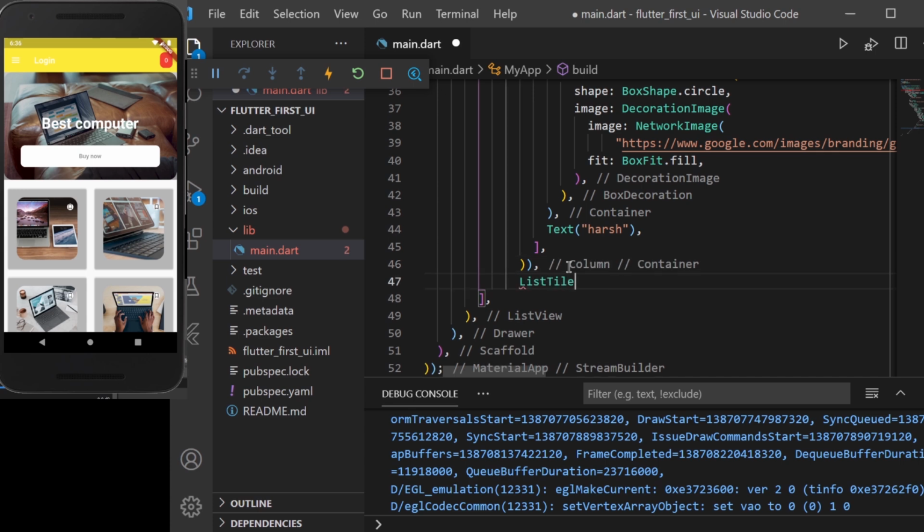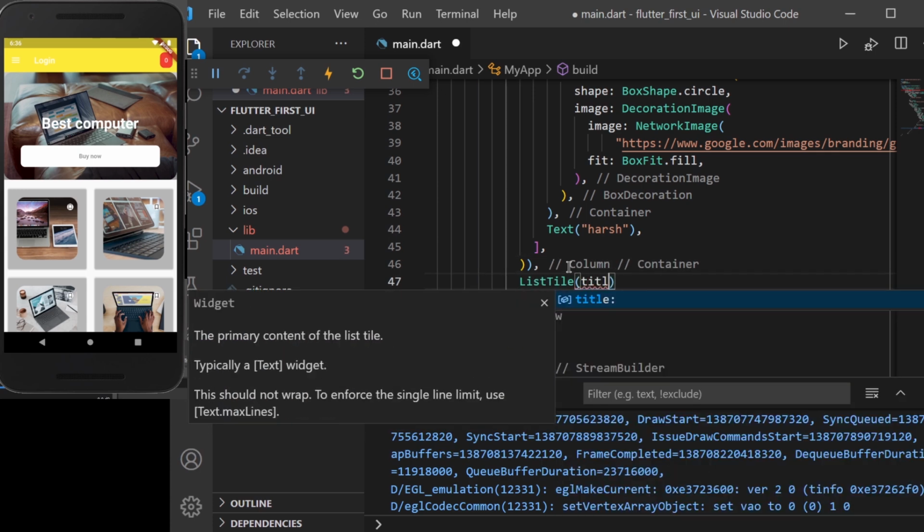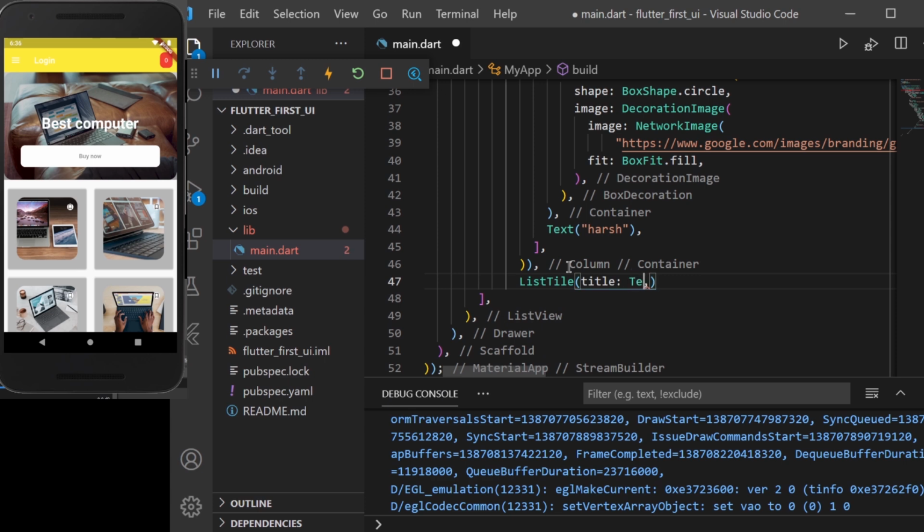So list style is basically the items which we want to display in the form of a tile inside this list. So I have passed a title to this list style. So the title is of a type widget. So I have passed the text widget to it, and inside the text widget I have added a string. So now correcting the typo and making the string to be enabled dark theme.